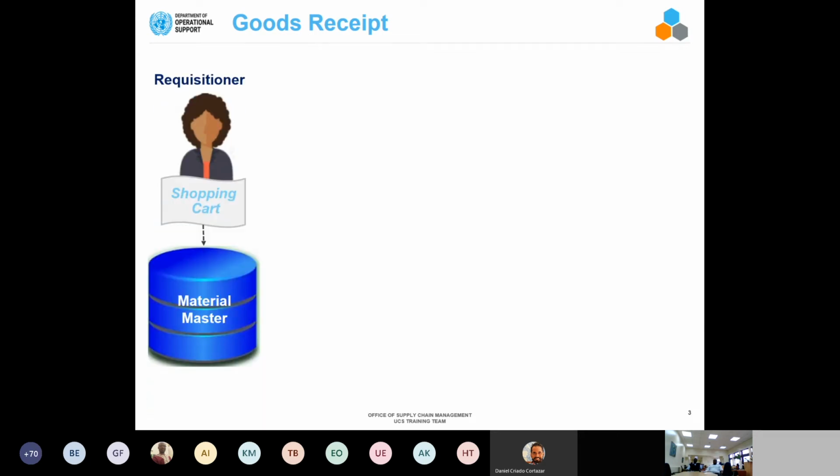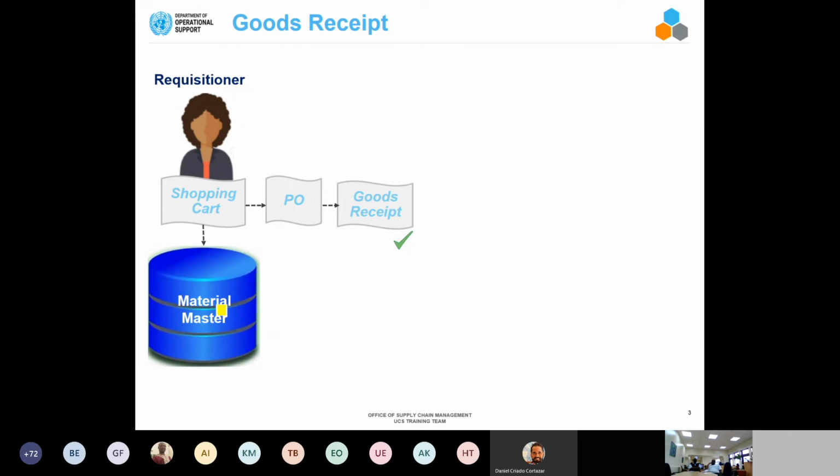So everything starts from the requisitioner. So when we need something in our entity, we raise through the procurement process or requisitioning process a shopping cart. That has a reference to the material master catalog, which is a list of materials or products that is used to select the item that we want to acquire. For example, let's say that this requisitioner wants to acquire a new laptop. So they create a shopping cart. From the shopping cart, through procurement, we have a PO created. PO stands for purchase order. And this document is a procurement document that contains the agreement with the vendor. And the vendor